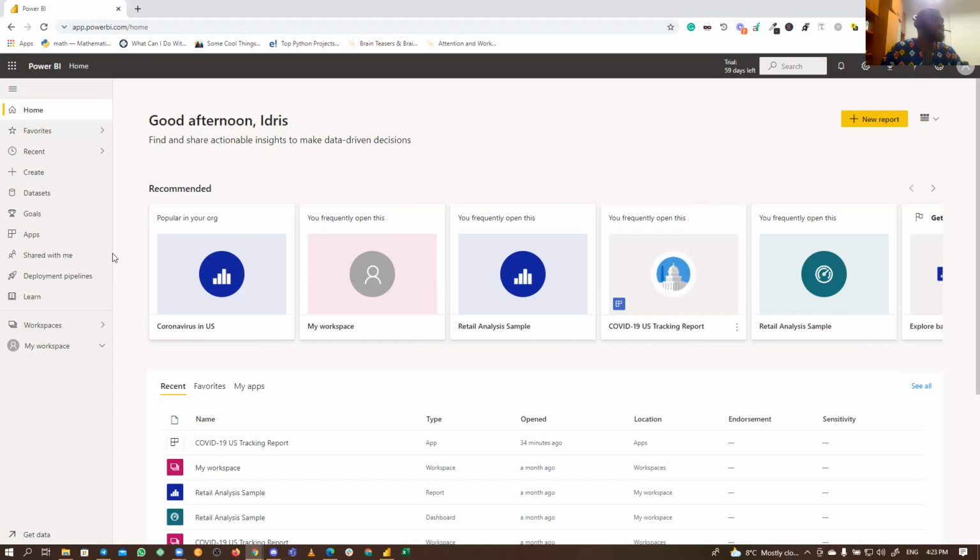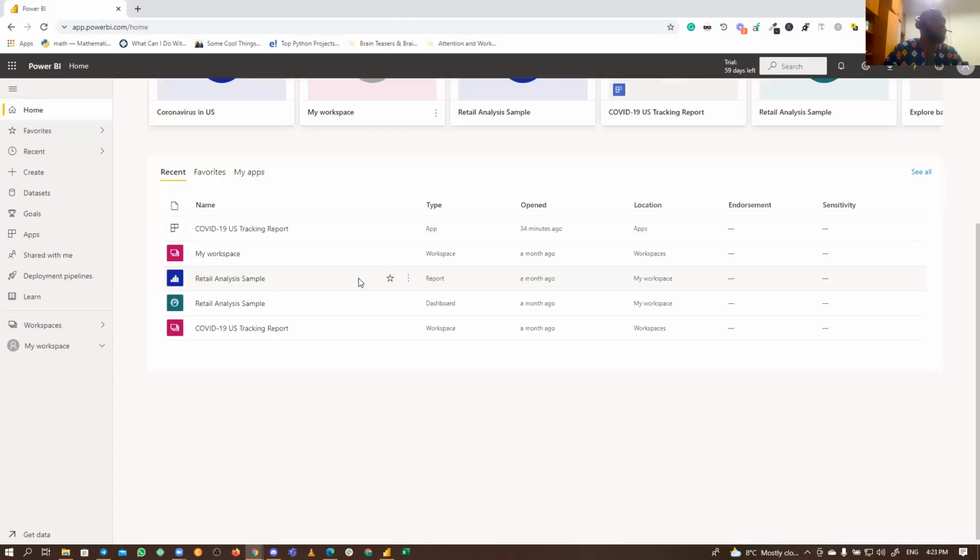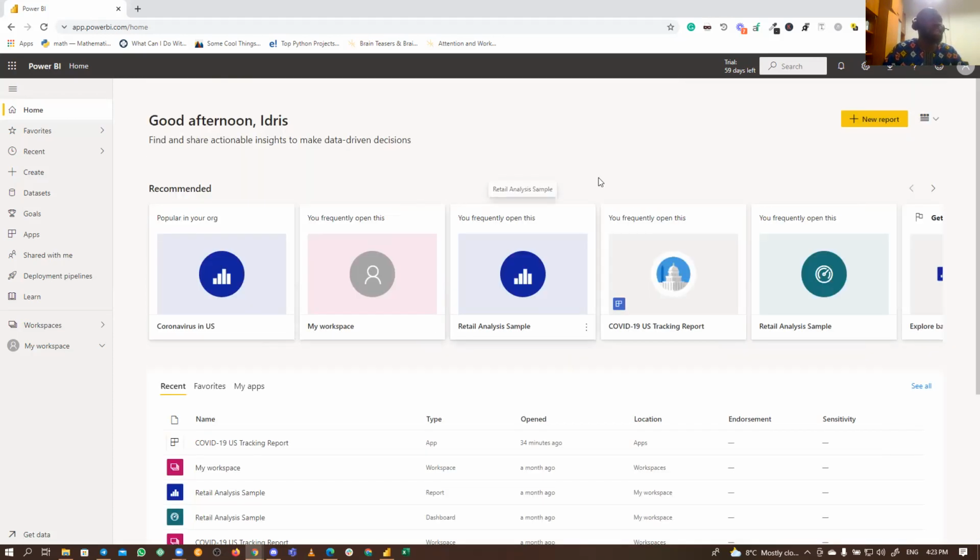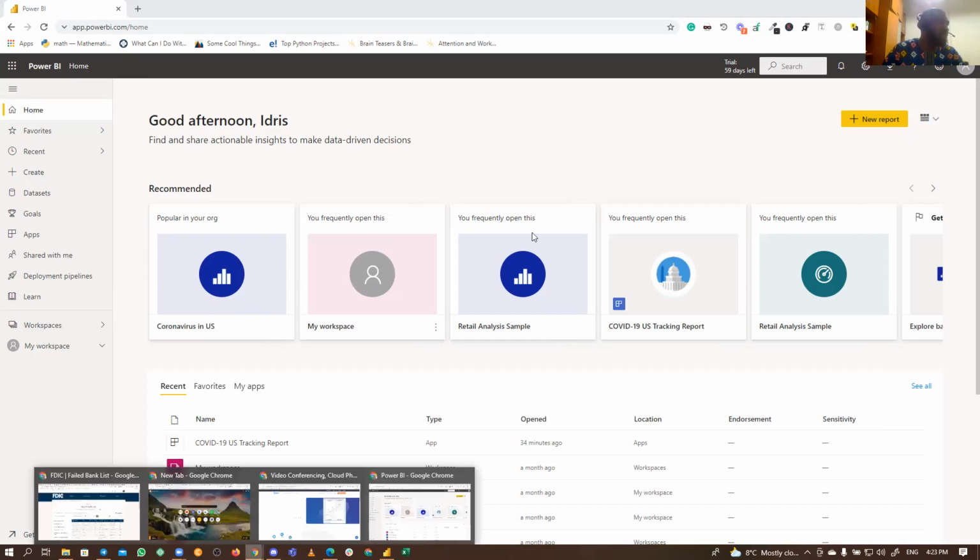I'm just mentioning that these are some of the things that make Power BI really unique out there, and something that every business is looking to adopt as far as data analytics or business intelligence is concerned. All right, so having said that, I would go over to Power BI Desktop. Now that everyone has launched their Power BI, let me launch mine as well, so we can be on the same page.